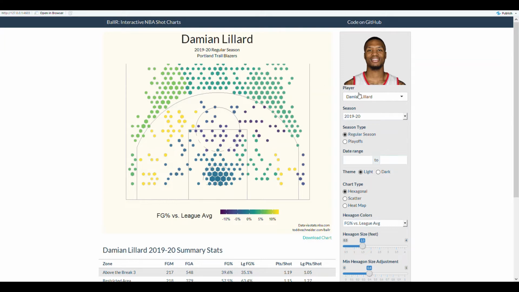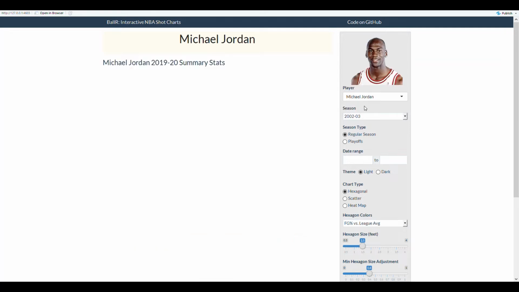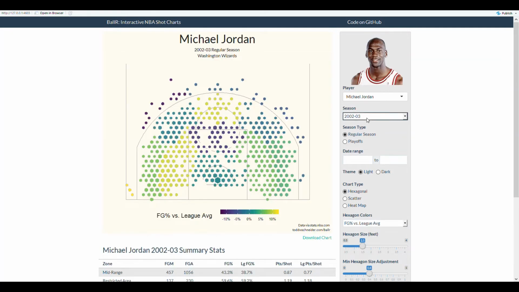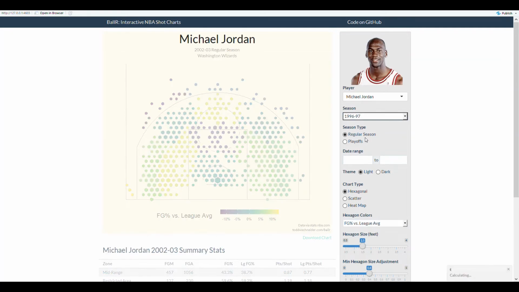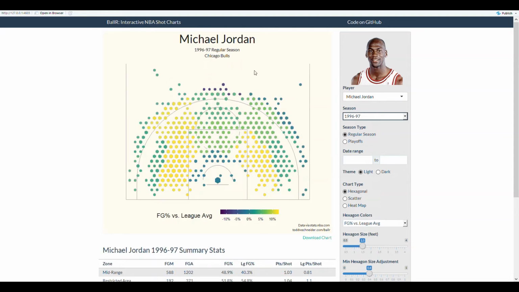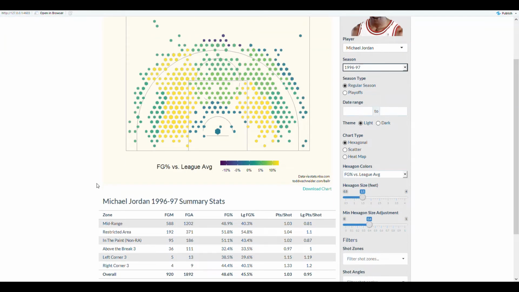But if you want, you could go as far back as the 1996-1997 season. So just to show you that, you're going to go to Michael Jordan, and you could go to 1996-1997, his season with the Bulls. And just to bring it back to what I was saying in the last video about players being efficient enough in the mid-range to make it work in their game. So if you go to Michael Jordan,